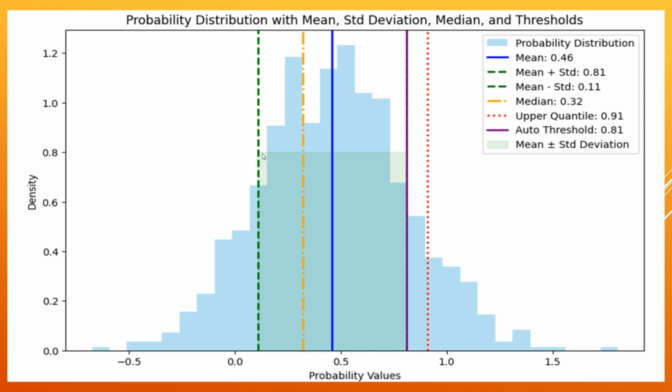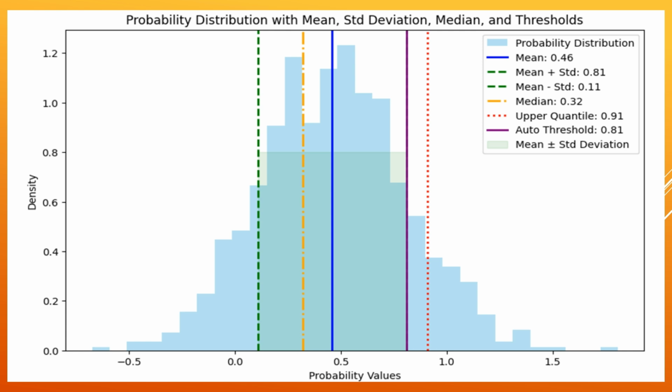If the variance is going towards the green, then the model prioritizes the upper quantile. So on that condition, this upper quantile, which means the red line, will become the auto threshold of 0.91. But if the variance is high, because in our case,